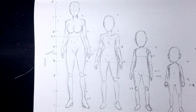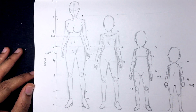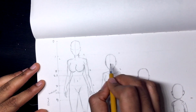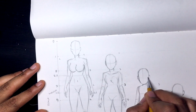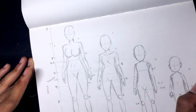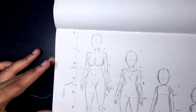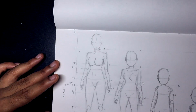One of the last things I'll say is, again, these are like mannequins that you can manipulate and create whatever you want to create. So let's say if your character's a little thicker, you just put a little more flesh. Maybe make the thighs a little wider, or if a character weighed a lot, you could just beef things up, right? Everything will just be a little more fleshy. And I'd advise you to study, look at actual real people, real images, and then try to morph this mannequin into that, and have that as a foundation for your style. And then you can start breaking the rules and come up with more unique and distinct aesthetics to your style. But at this point, you can then